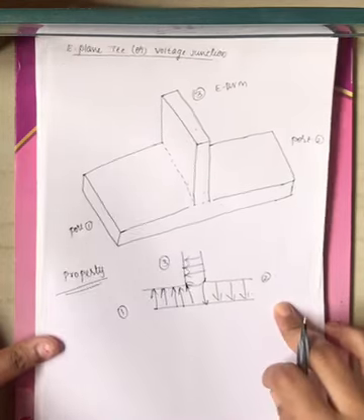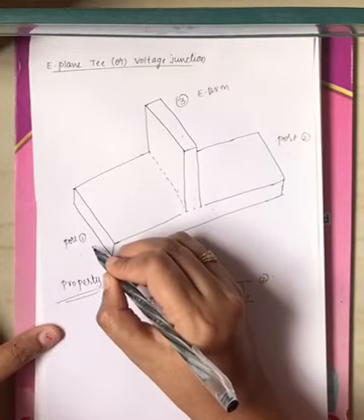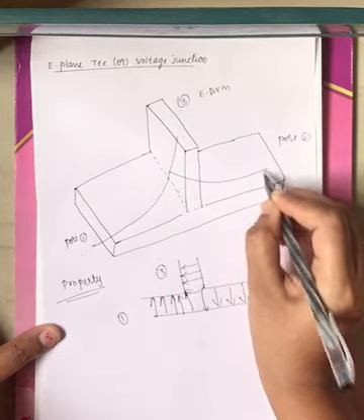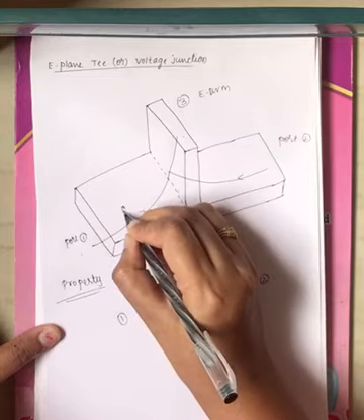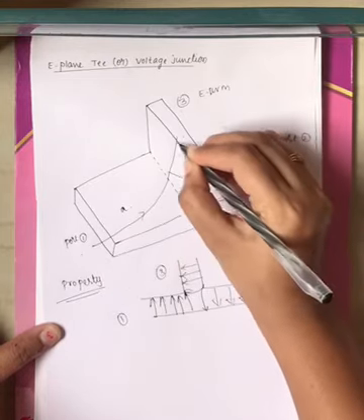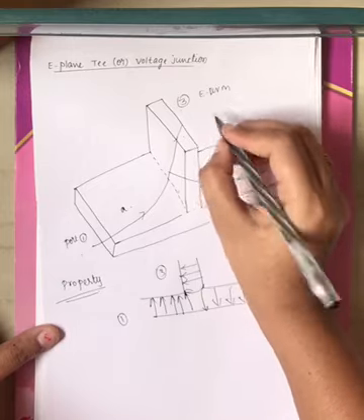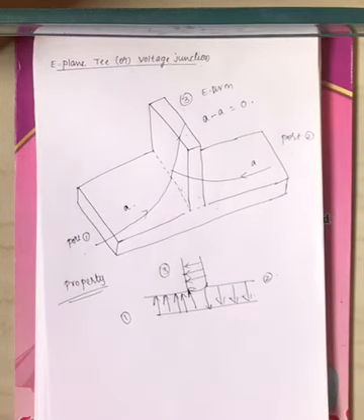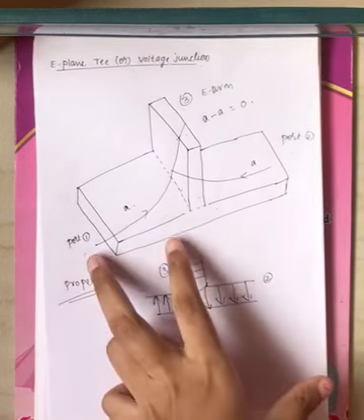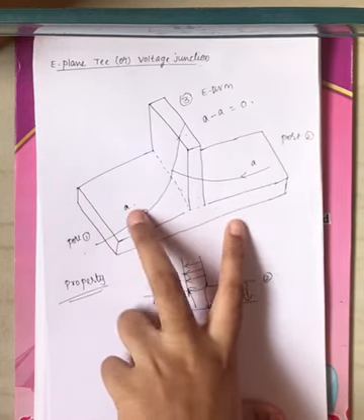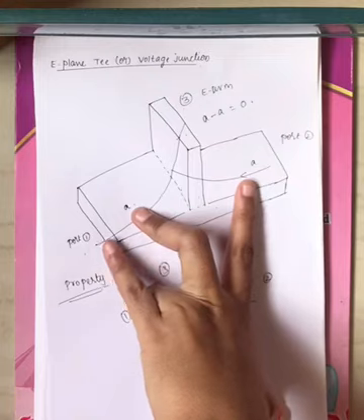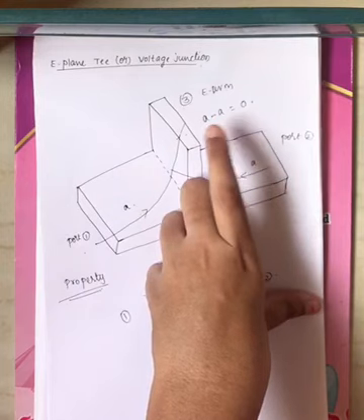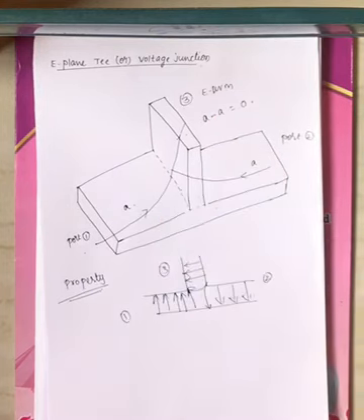Now coming to its property, you have 3 ports. If I give input power from port 1 and port 2, say an amount of power A and an amount of power A, what is the output at port 3? A minus A, that you will get as 0. So the property is, if I give input power from port 1 and port 2 which are equal in magnitude and phase, that results in no output power from port 3.